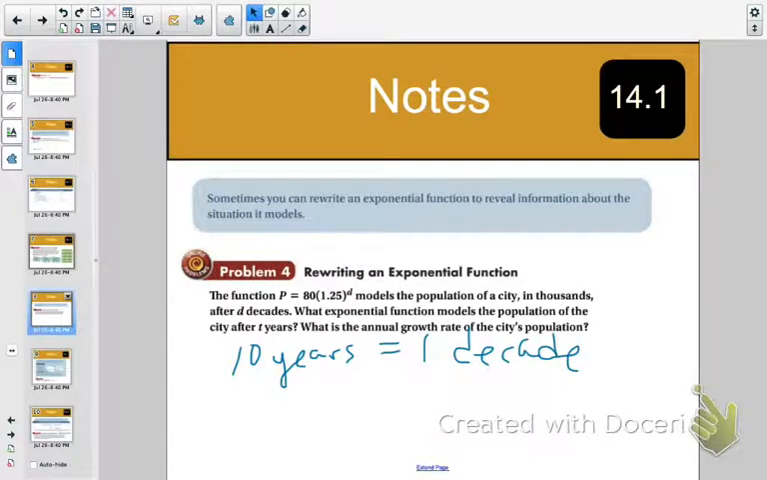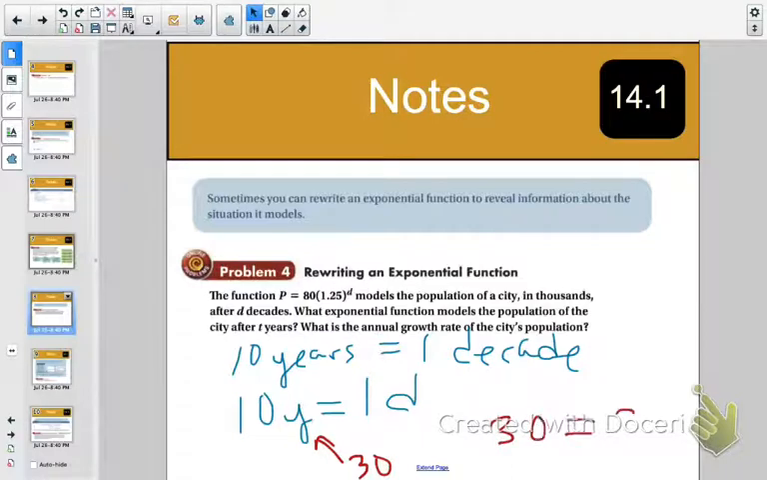So a common misconception is that people want to write 10y equals 1d, which does not work because if you plug in like 30 years, that would go into y. If I plug in 30 here, 10 times 30 is 300. 30 years is not 300 decades. So we actually need to switch those. So what we want to say is 10 times d equals 1y. That way when you plug in a number like 10,